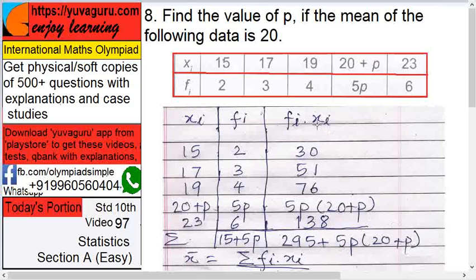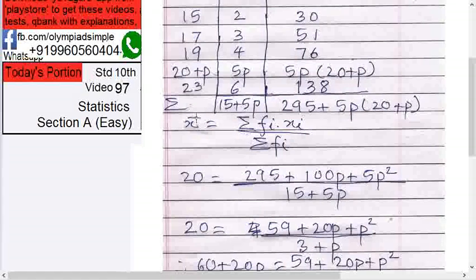Okay. Now what is this? Summation fi xi, and what is this? Summation fi. So what is the formula for mean? Mean is x bar equals to summation fi xi upon summation fi. So we know mean 20 equals to this 295 plus 100, multiply this 100p plus 5p square upon fi is